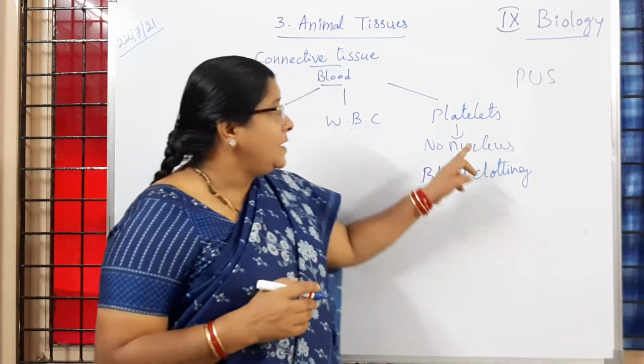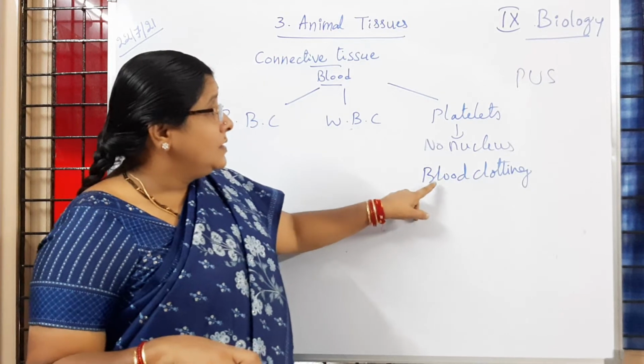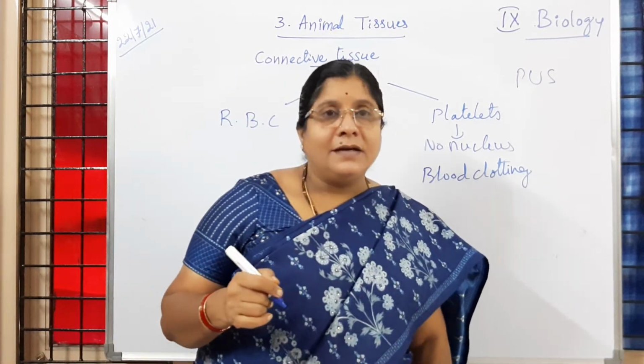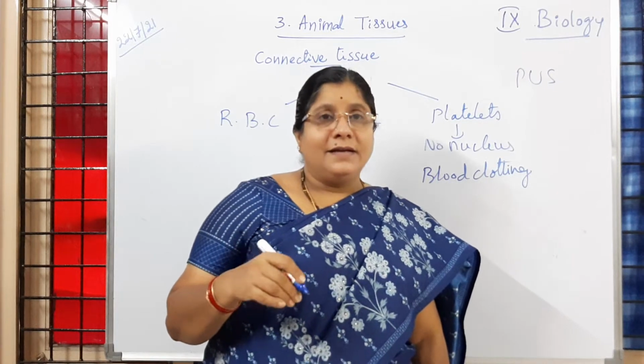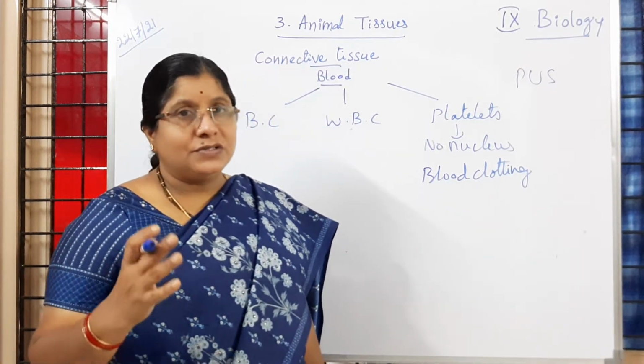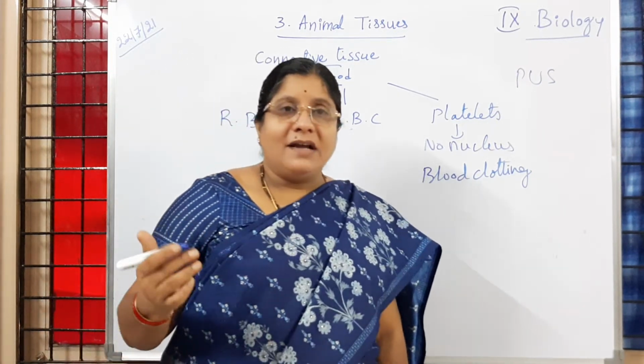That is because of platelets. Is it clear to children? Everybody understood? So now blood clotting is happening. What is the use? Why should it happen? To protect the victim from a dangerous condition. Is it clear to you? So that is the reason you will be observing the golden hour.